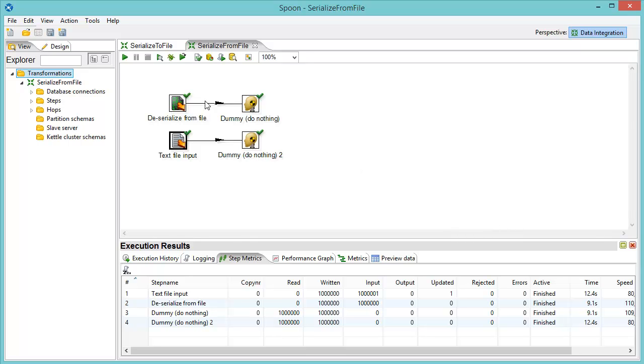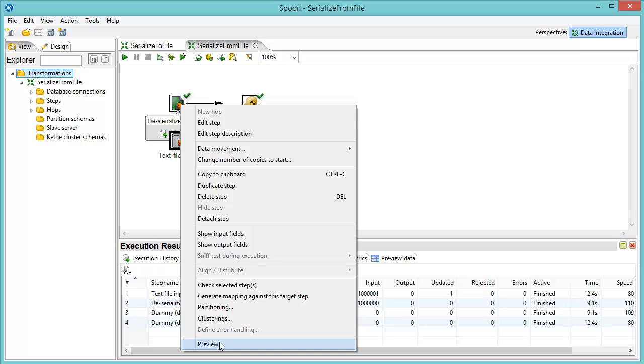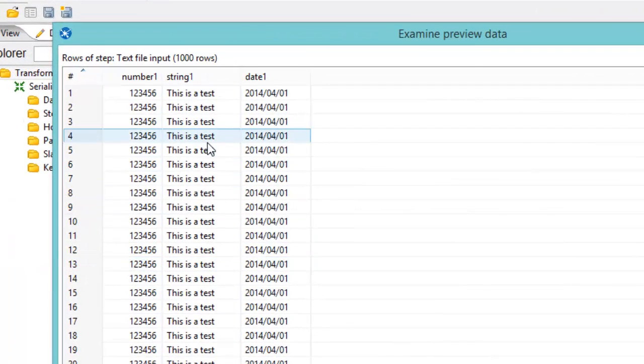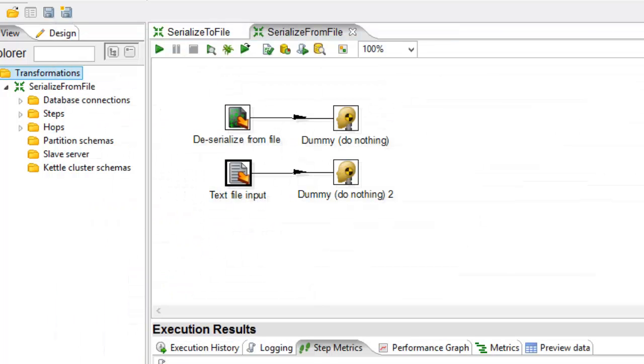A couple of cool things to keep in mind. With the serialize to and from file, you don't have to worry about the data and what contents it is, because here if we just look at the sample, you see it automatically knows that these fields are named number 1, string 1, and date 1, and all the contents of it. So you don't need to specify anything. It saves all the meta information in the serialize to file and retrieves it all when it does the